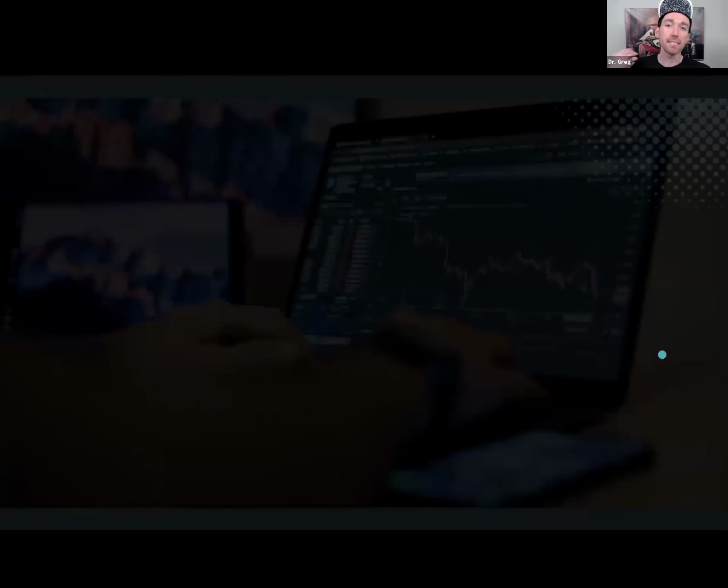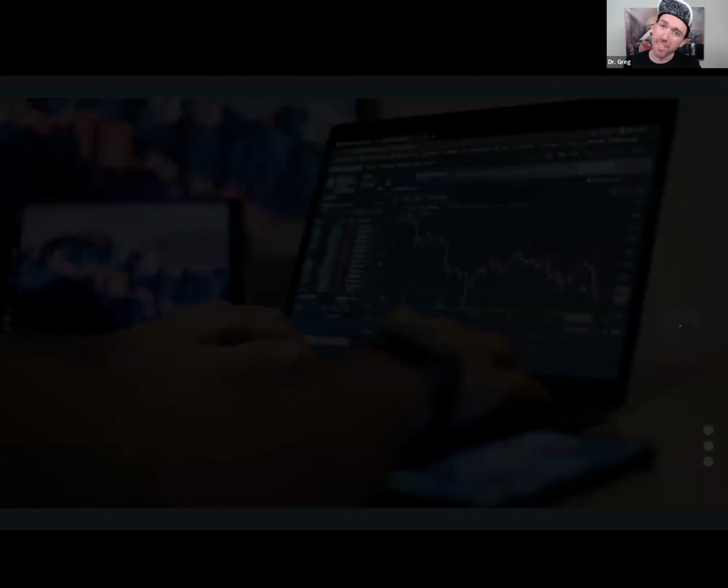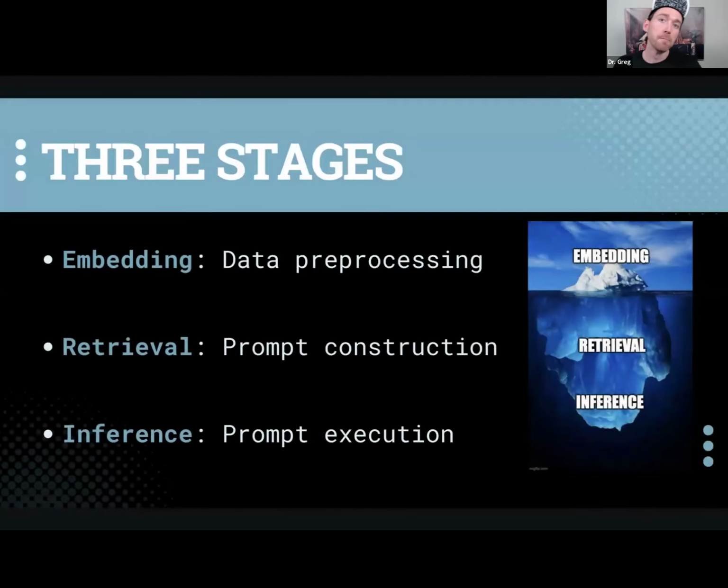And this is the stack that's based on the design pattern of in-context learning. We're going to use this stack a lot. I encourage all of you to be able to draw out some kind of stack on a whiteboard for your future endeavors. It doesn't have to be this stack with these 3 stages, but it can be, and it's a great starting point to use.